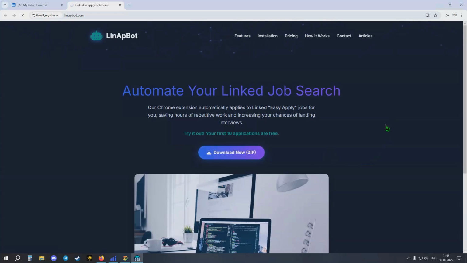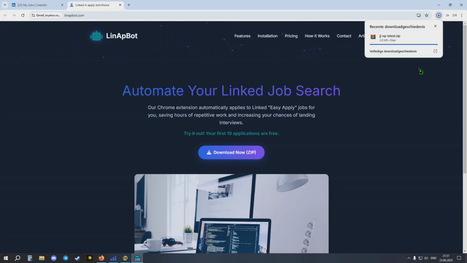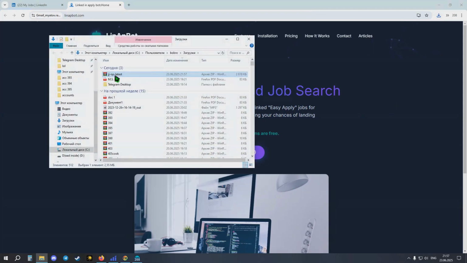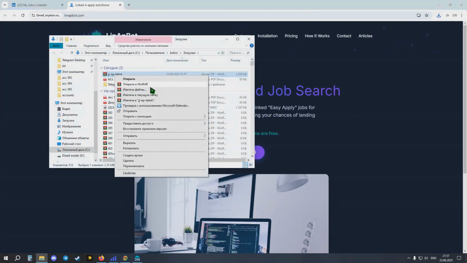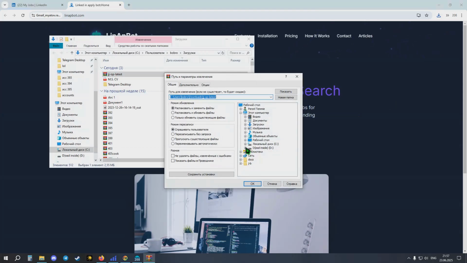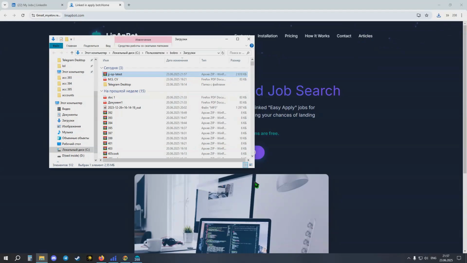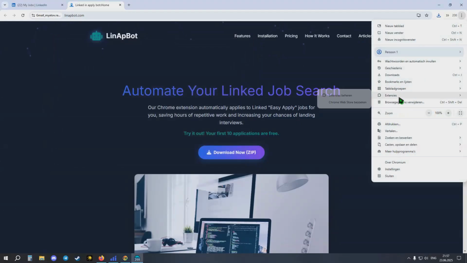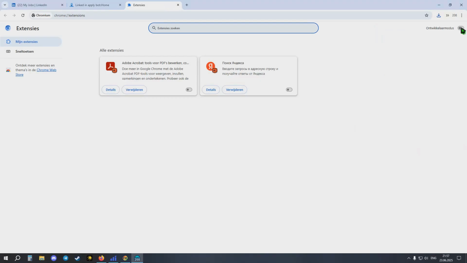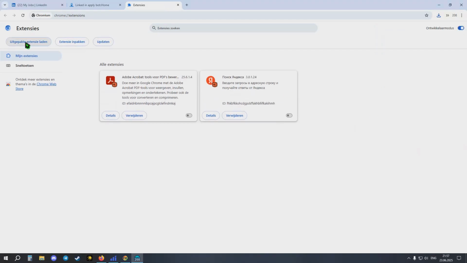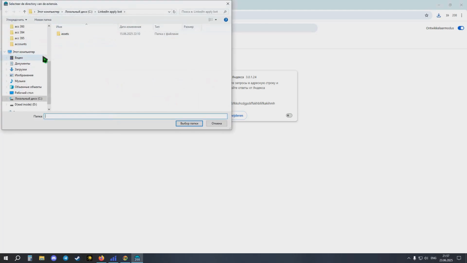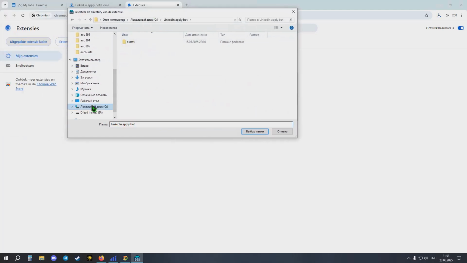Firstly, you need to download the Zip Archive. Extract the archive to a convenient folder and go to Extensions. Enable Developer Mode and click Load Unpacked. Select the folder where you extracted the archive,